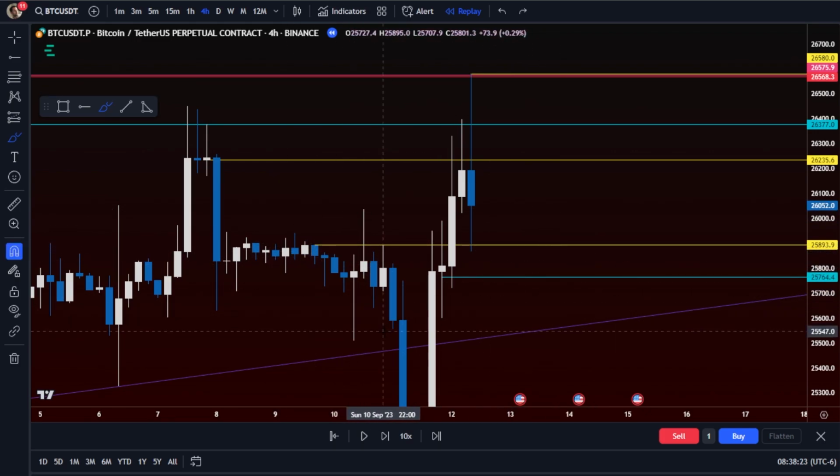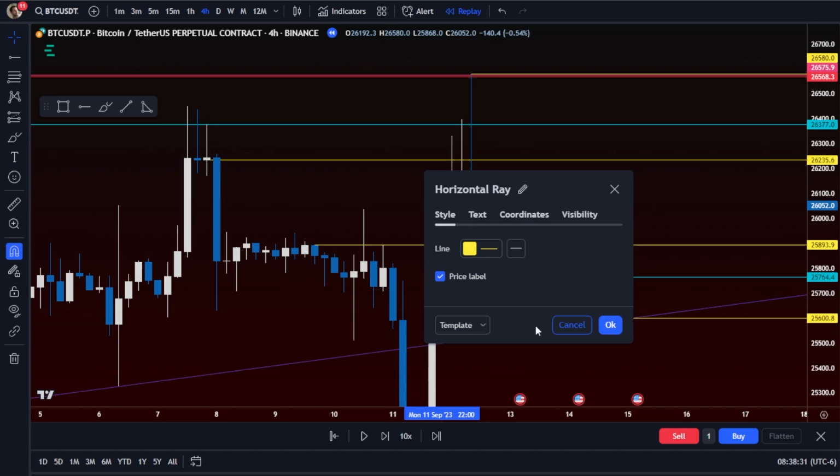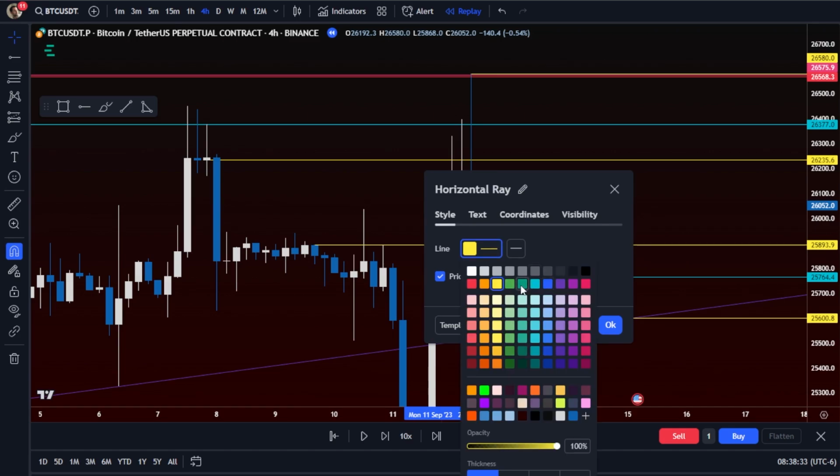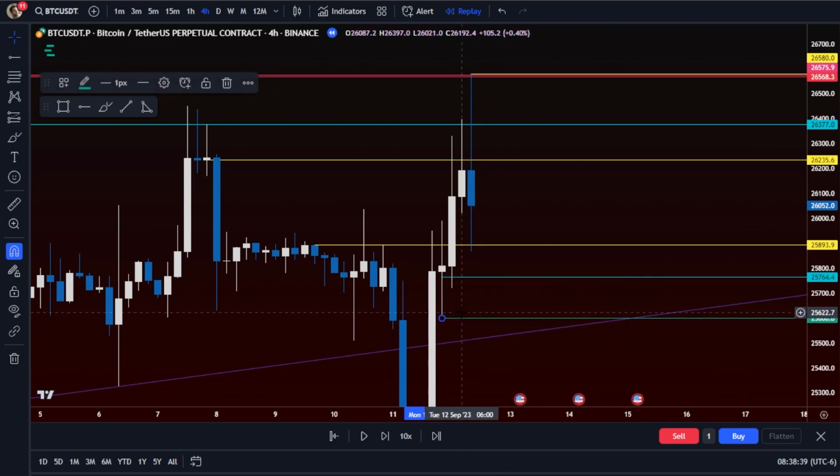For now, what we need to do is focus on the quality of this trade. So how could we increase quality on this trade? Well, the first thing we can do is say, here's the range, right? We're just going to take this one and make it, let's go with this color. I don't know what this color is. We don't use that one. We're just going to use this bottom of the range right here.